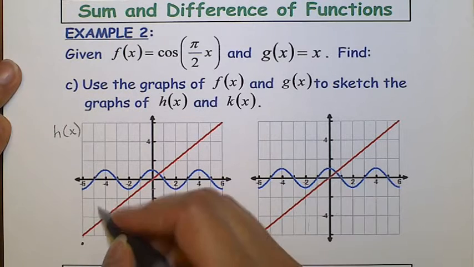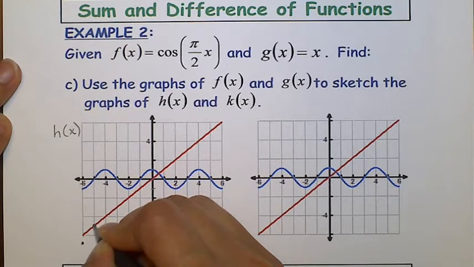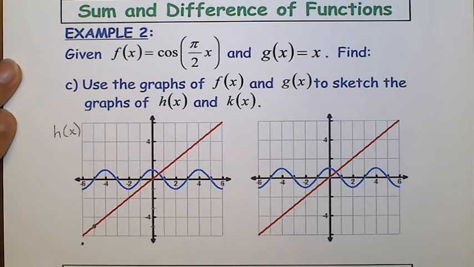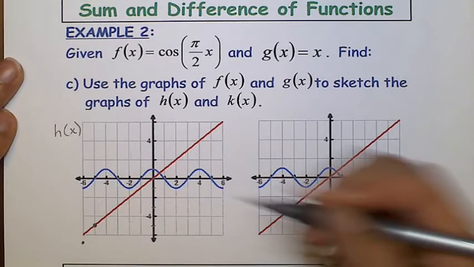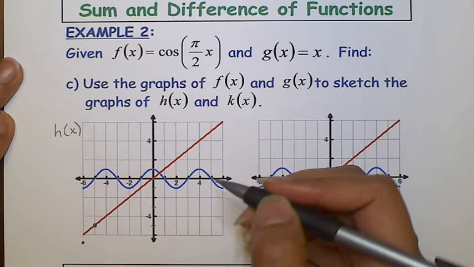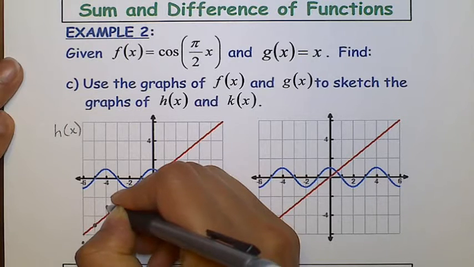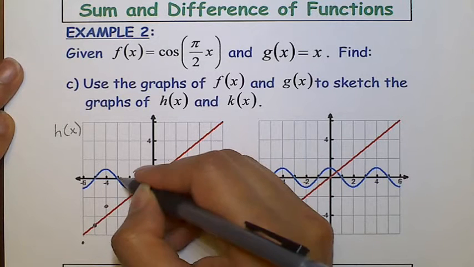0 plus negative 5 gives me negative 5, so this point happens to overlap the graph there. Let's look at the next point, and so I have positive 1 plus negative 4, so 1 plus negative 4 is negative 3, so this point here would be at negative 3 if I combine the two functions. And if I keep going from there, so 0 plus negative 3